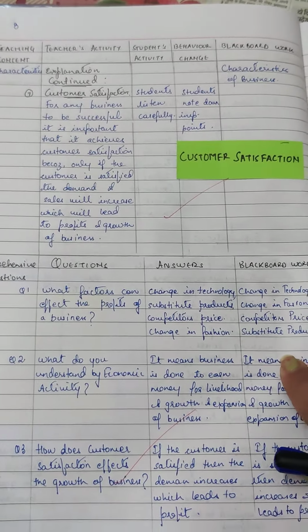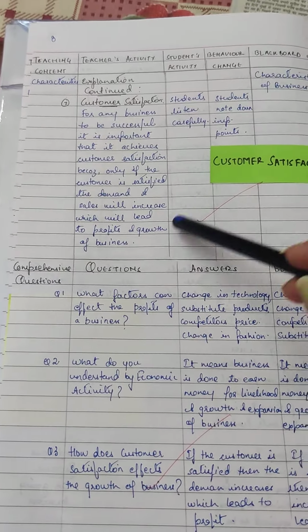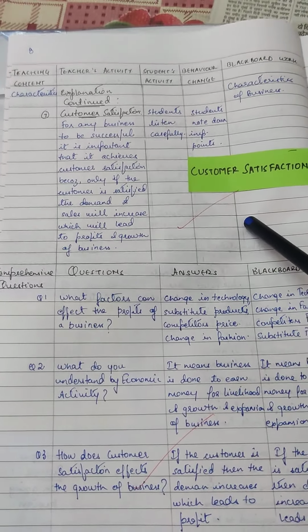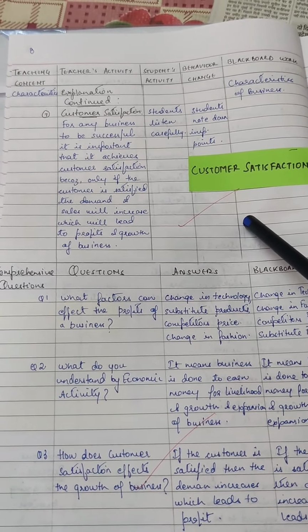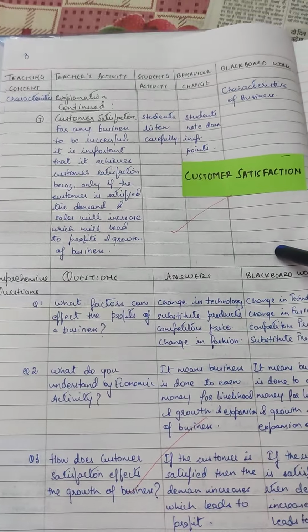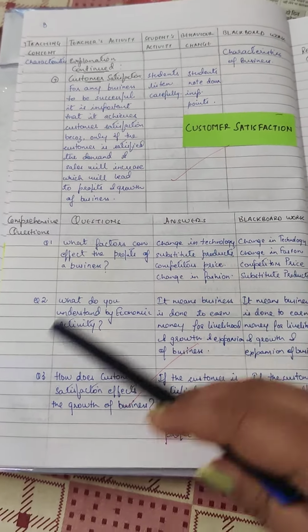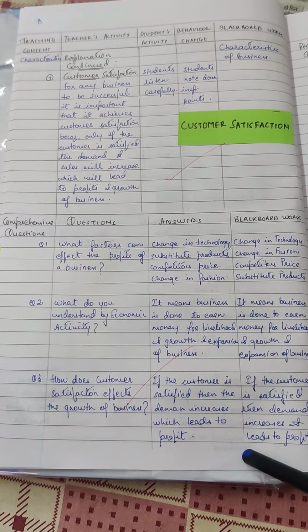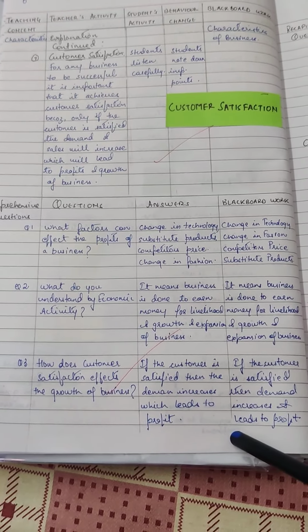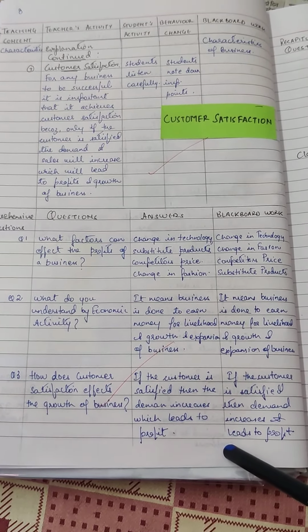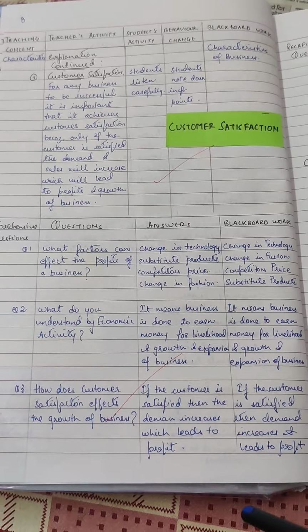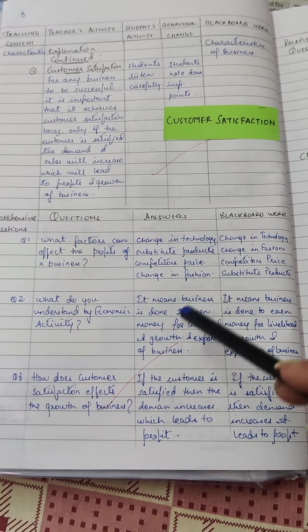Then comes the 7th point, customer satisfaction. Then this unit will end over here, and we will again ask comprehensive questions for second unit. The comprehensive questions can range between 3 to 5. So I've asked 3 questions over here, students answer,